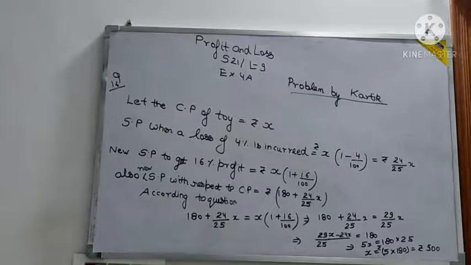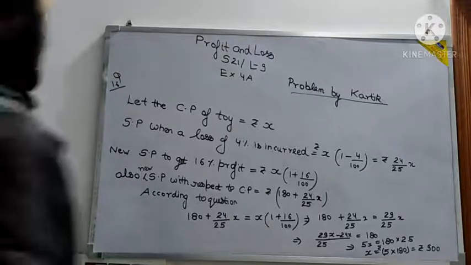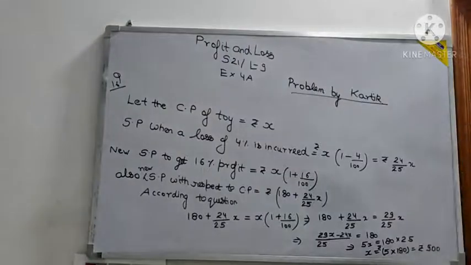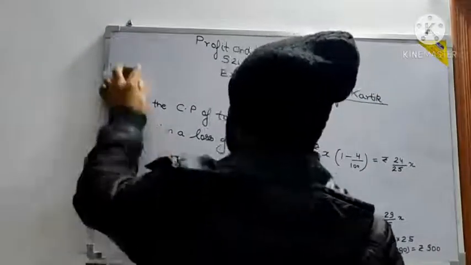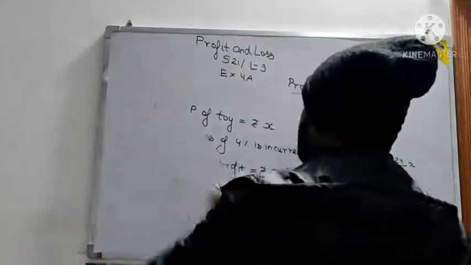So one CP you have got and SP you have got. With the original SP, calculated and adding some amount to it, you get one SP, and then another SP with respect to 16% profit. When you equate both the things, you will get some value of the SP. Then you equate both the selling prices, and then we will find the answer. I hope this is clear to you, and the answer should be clear.